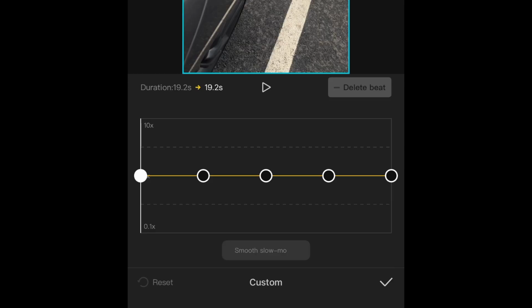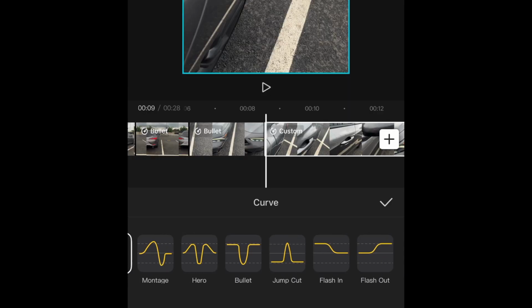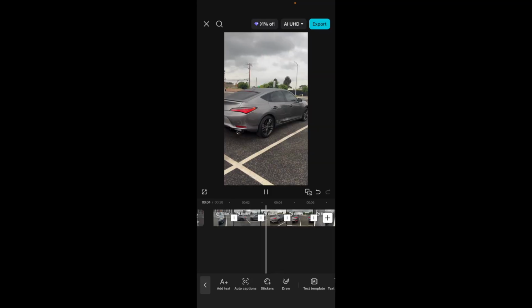So I only use the bullet curve and also the custom curve, but if you go back under curve, you see all these other speed curves that you could try out. That's speed ramping in